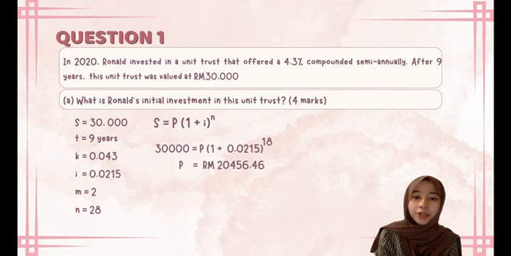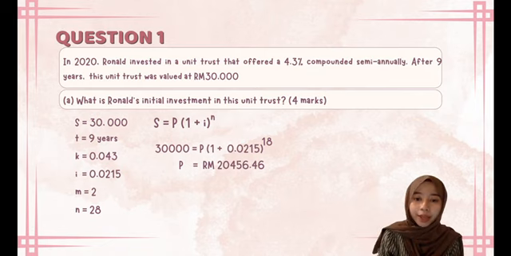In 2020, Ronald invested in a unit trust that offered 4.3% compounded semi-annually. After 9 years, this unit trust was valued at 30,000. A. What is Ronald's initial investment in this unit trust? Ronald's initial investment as stated in the question refers to principal, so we have to find principal